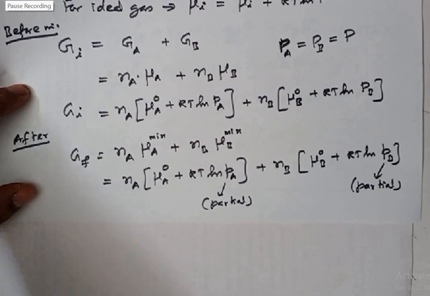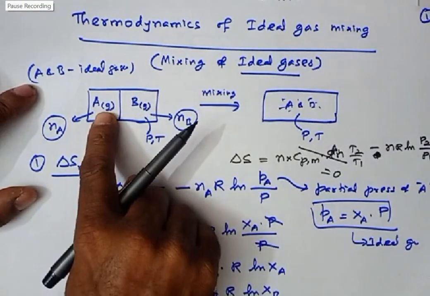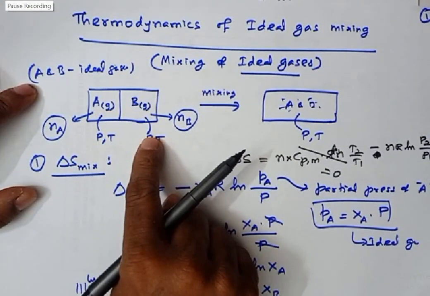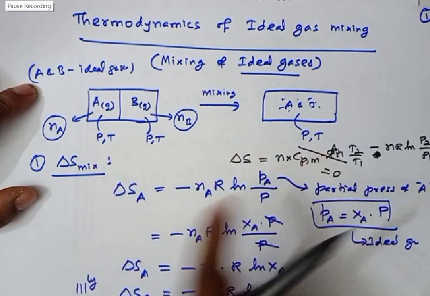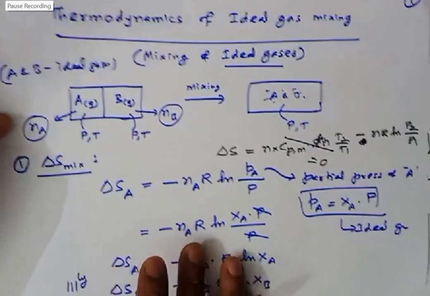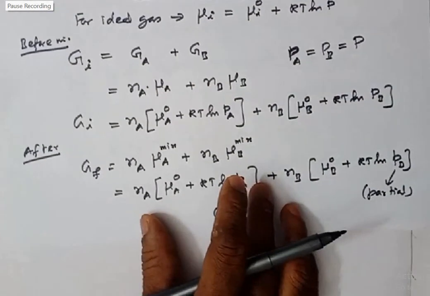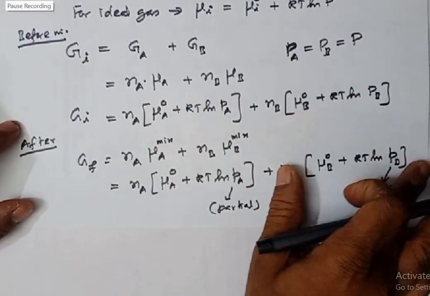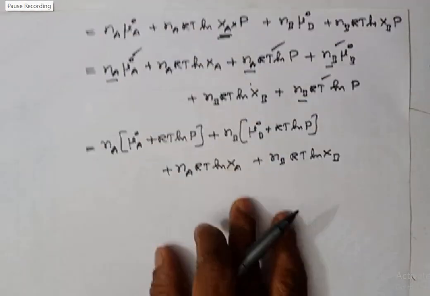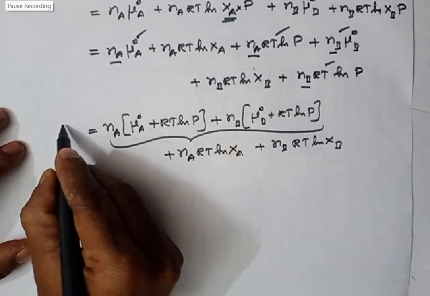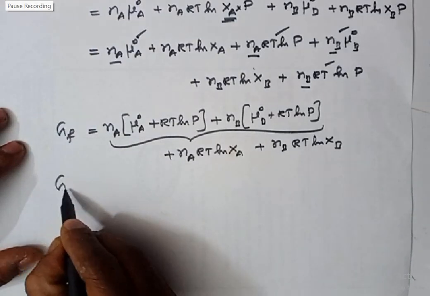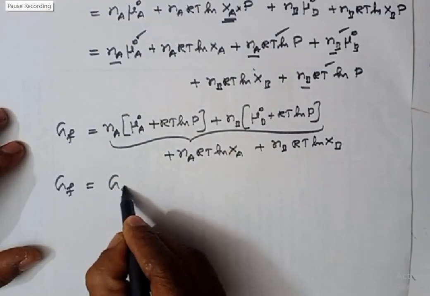This is what I said. See in the diagram, this is pressure of A, this is pressure of B. So A pressure, B pressure, and the total pressure all are same. Are you able to understand? So this quantity, see here, this quantity is nothing but GI. So here I have GF. So GF is equal to, this quantity is nothing but GI